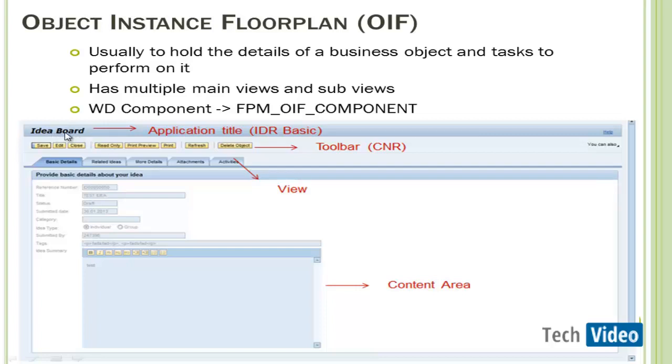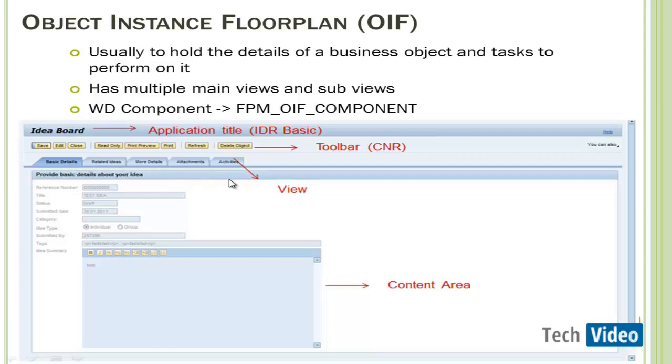The idea board, whatever is listed here, is nothing but the application title, that is also called IDR, identification region. The next section I have here is the toolbar, that is the OIF toolbar. Each floor plan has its own toolbar, so this is the toolbar which is attached for the OIF floor plan. And then I have something called main views. Here I have 5 different main views: basic details, related ideas,